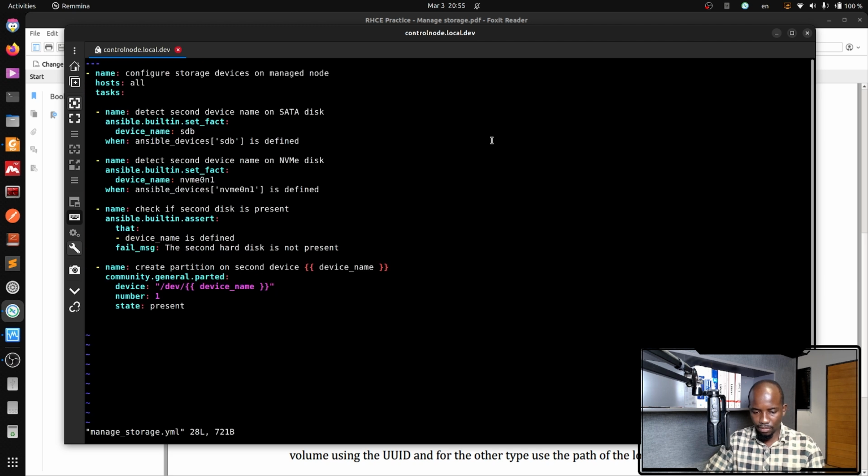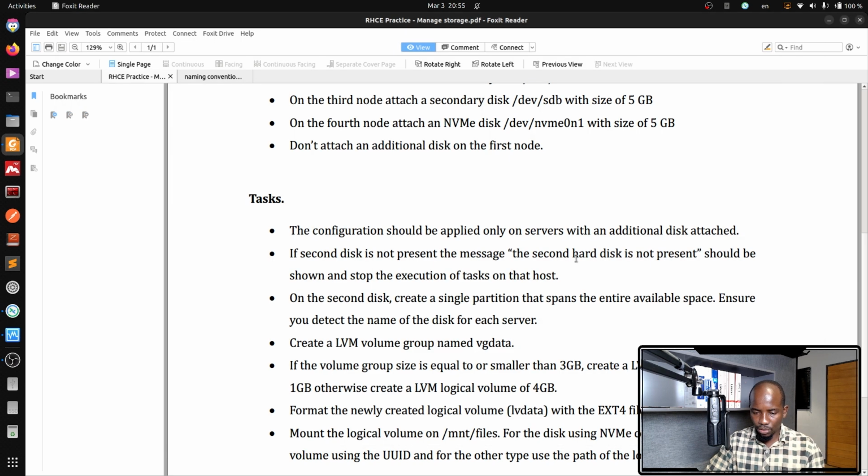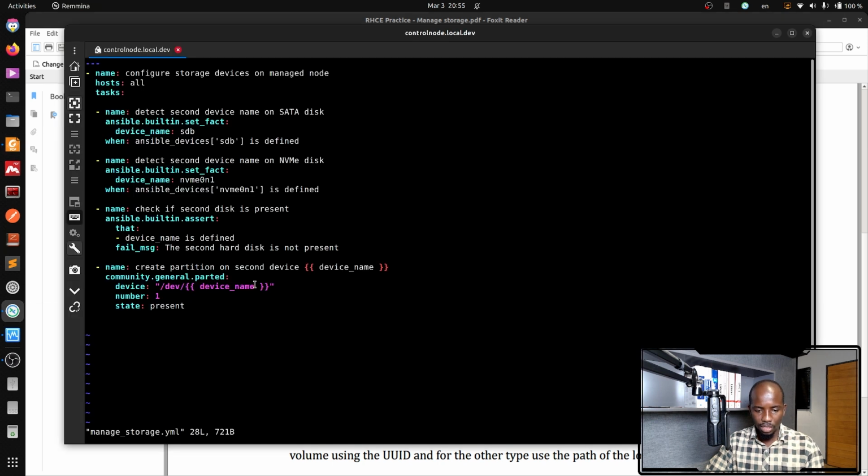So I'll go back to my VM, to my playbook, and if we go here, on the second disk, create a single partition that spans the entire available space. I'm sure we have already detected, and create an LVM volume group named VG data. So now we have to create a volume group using that partition. So I'll go back here and I'll do create. So I'll do name, create LVM volume group